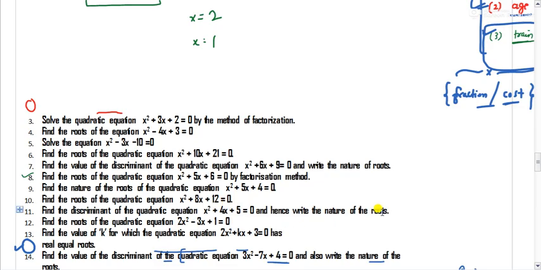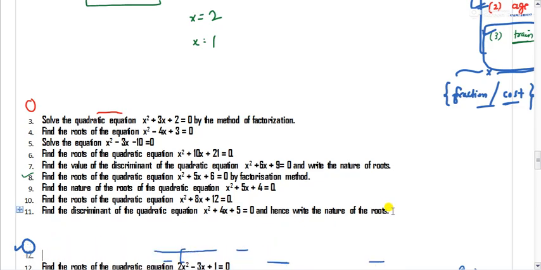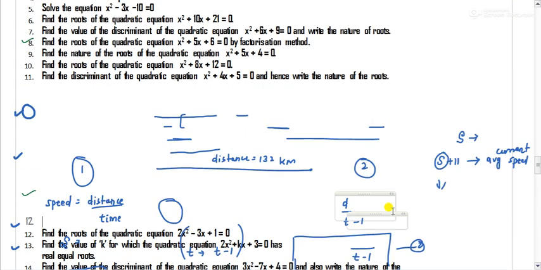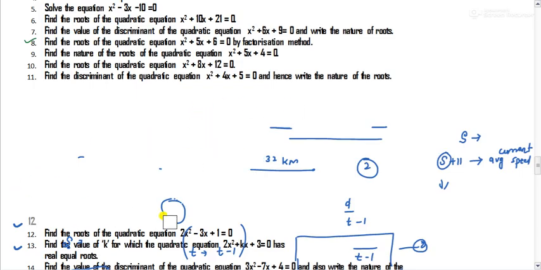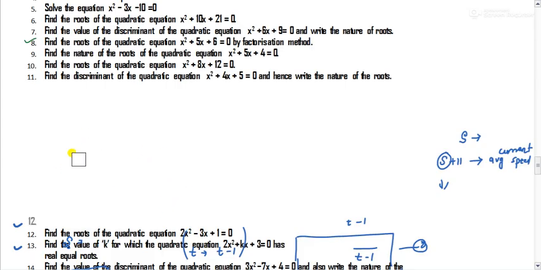Okay, so this is one type of question. The other type of question is this one. Question number 10, 11 here. I hope you can see them. Can you see question number 11? What have they asked? Find the discriminant and also write its nature of roots. So if they give you a question like this, find the discriminant and nature of roots,